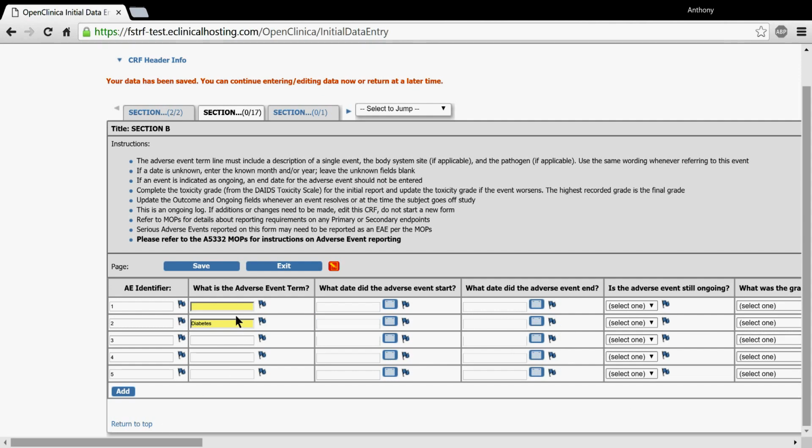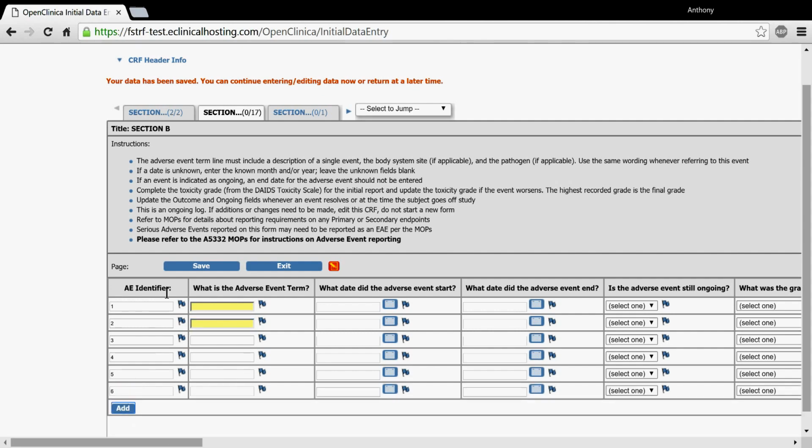And you would continue and add all the other information for this, when it started, when it stopped, if it's serious, all that criteria. Another thing I want to show you real quick is that every time we hit that add button, we get in this field the adverse event identifier, and it populates a new number in this sequence. The adverse event identifier, while not particularly important on the adverse events log, does become important should the adverse event be a clinical event, because we use the adverse event identifier to tie together clinical events between different forms